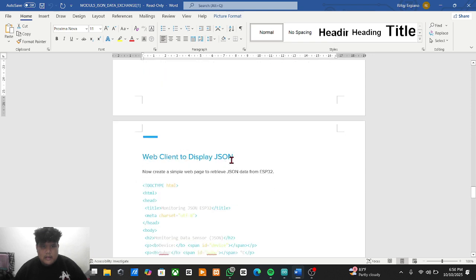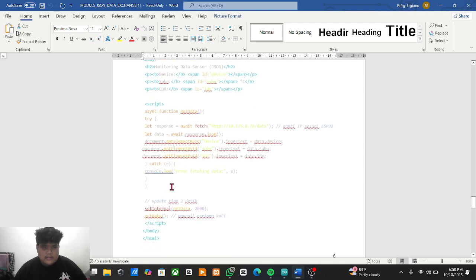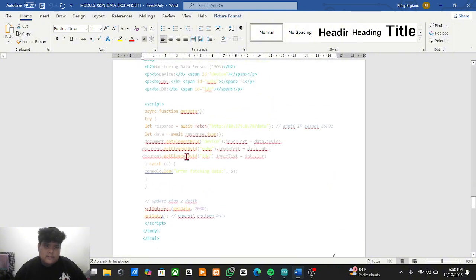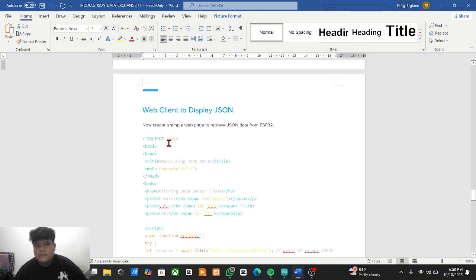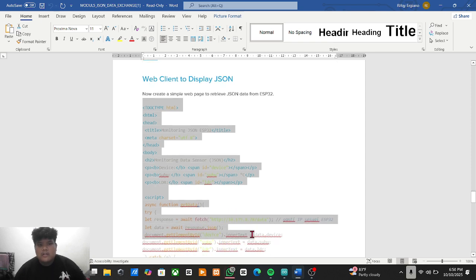Then here is the client to display JSON. Just create this and copy it to VS Code. Just copy this. This is for VS Code.